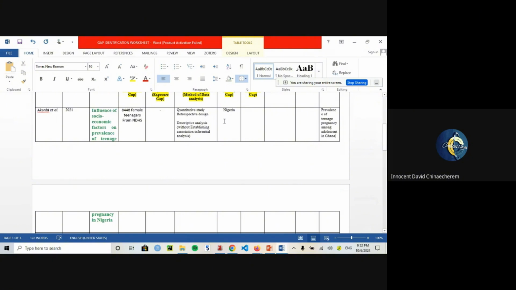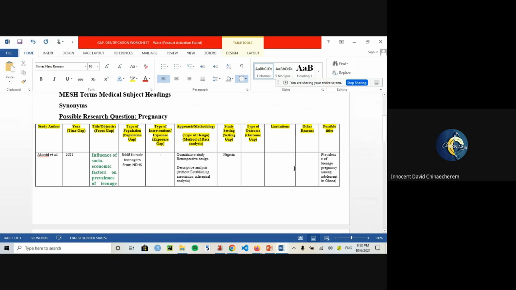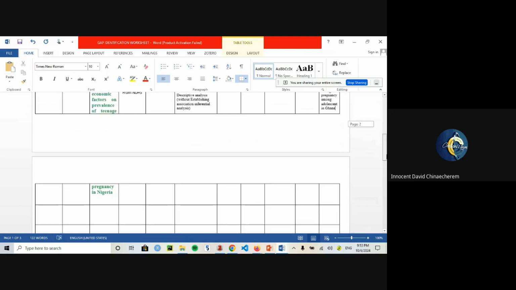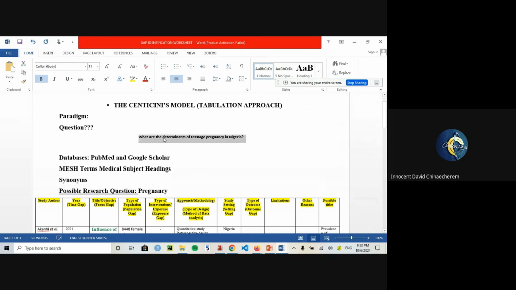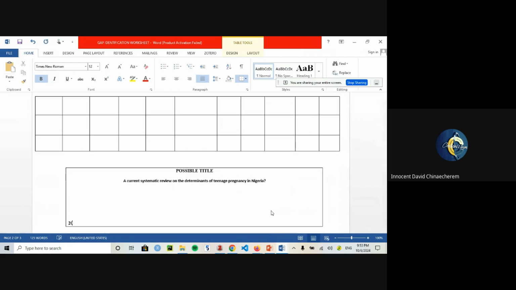through as many papers as possible, right? To make sure you come up with the reasons why what you believe is not already in literature is what you now want to explore. So you can now search it. So that is why we can now come up with our possible question here after I have done my own practical search: what are the determinants of teenage pregnancy in Nigeria seems not to exist. For example, the current systematic review on this previous one was 2010. So I'm now trying to explore this in 2024.